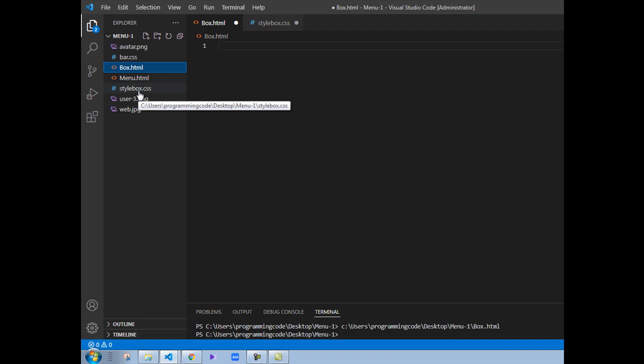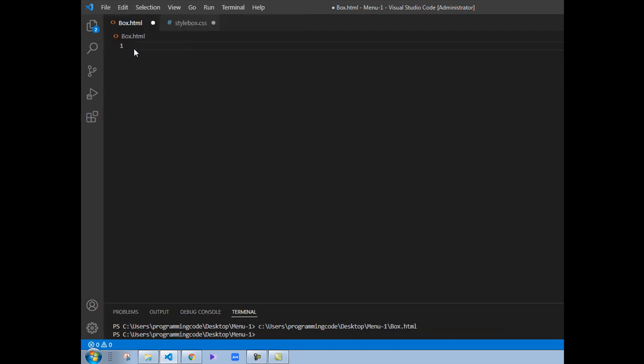We can save inside here, and we can share this HTML page, and we can put those images as a background and cover photo of this HTML page. So for this, we should open box.html and put the essential